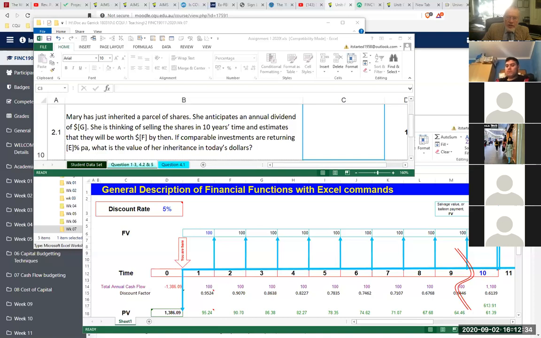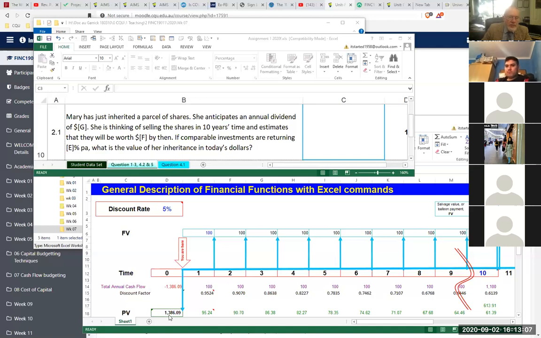And in addition, I sell it in 10 years' time, so I get my $100 and I get the 1,000. But by the time I get the total of 1,100, which is the sale price plus the dividend, 1,010 in this example, by the time I take the present value of that, it comes down to $61.39. But then I add each one of these 11 numbers together. And, oh, you guys can actually do this yourselves, but you'll find that it adds up to the 1386.